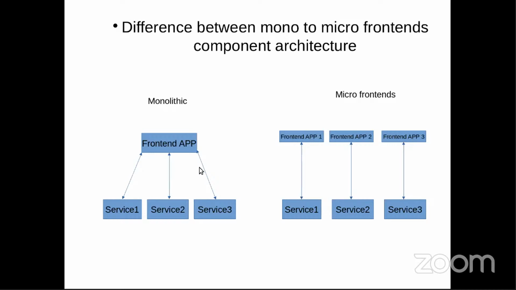So let's try to apply the same problem which we faced in monolithic to micro frontends, and let's see what would be the steps to fix it. Let's say there is a change in service 1. The only expectation here is that when a change or a feature or business functionality is added into service 1,